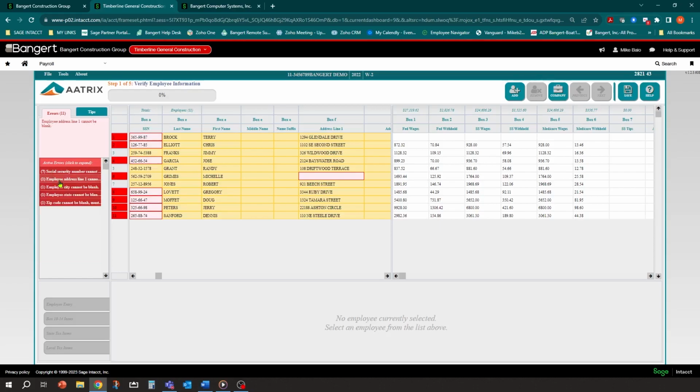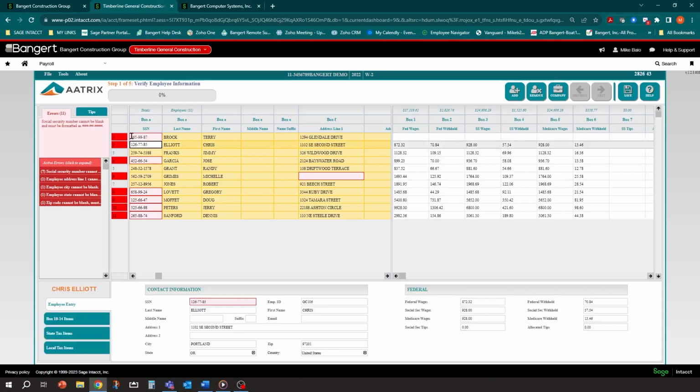And then you can close that back up and there's an address missing for an employee. There's a city missing, a state, and a zip code. So you can see here, it looks like it probably brought in a 0 incorrectly, or maybe I didn't check these employees. I bet this was not entered correctly. What is nice, you can also set up reports in Intact to verify your Social Security numbers, things like that. So you can check those ahead of time.